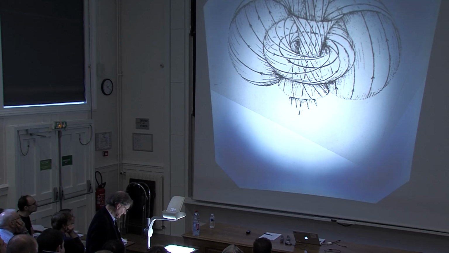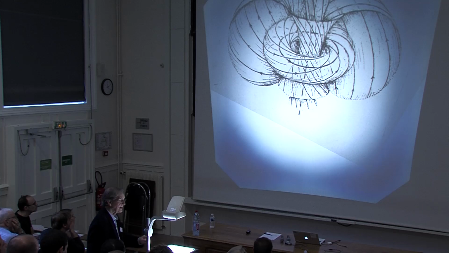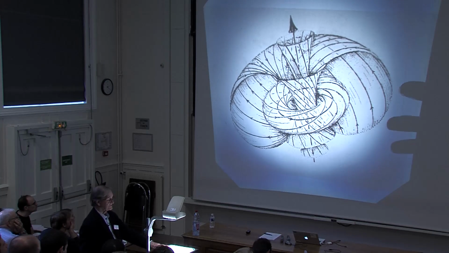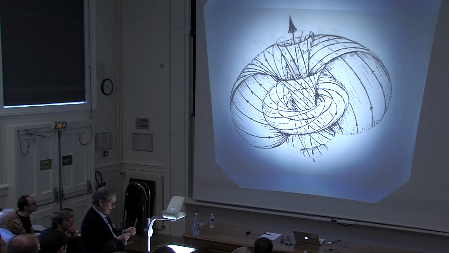So it's geometrically quite complicated. But nevertheless, that's what it is. And this picture is why it's called a twistor, because you can see it twists all over the place. OK, now,